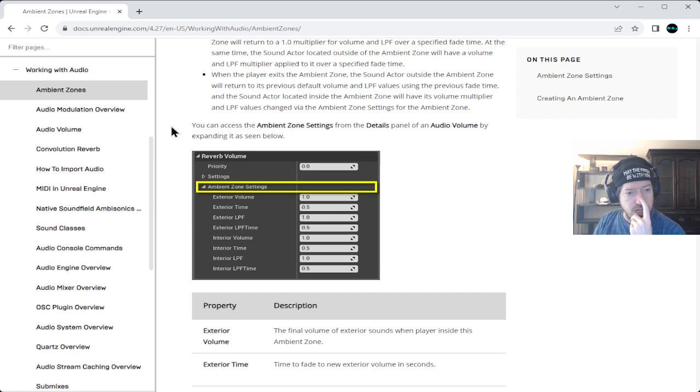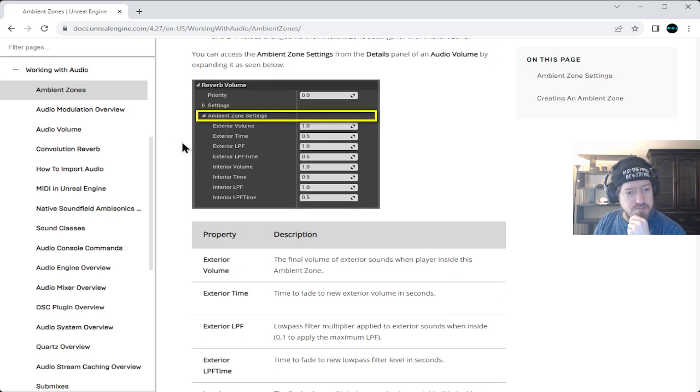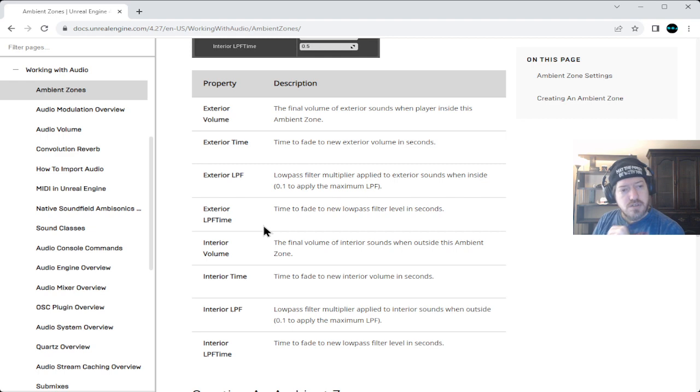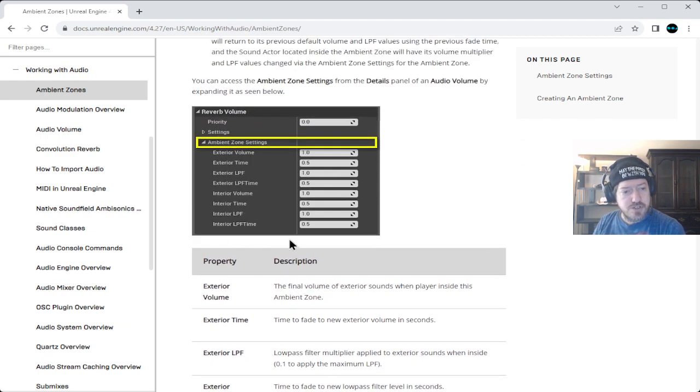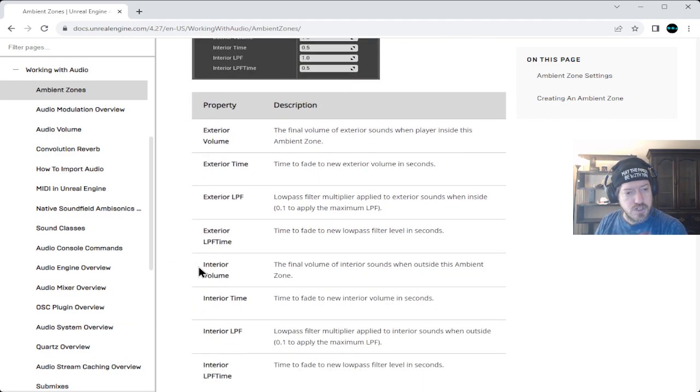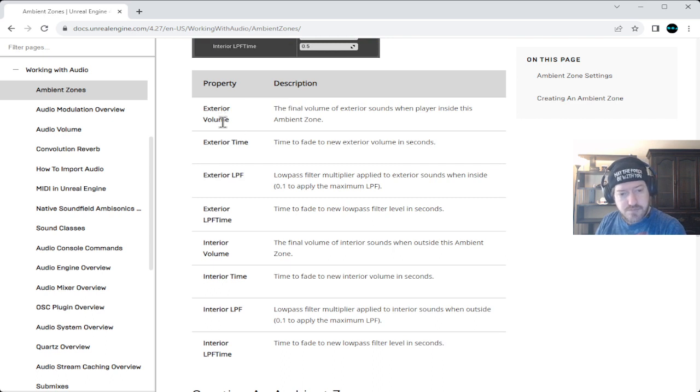Okay, so you can access the ambient zone settings from the details panel of the audio volume by expanding it as seen below. The properties being shown there are exterior volume, the final volume of exterior sounds when the player is inside this ambient zone.